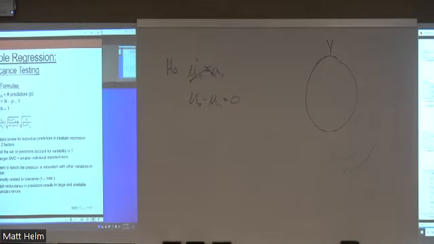Now the standard errors for your individual predictors in your multiple regression are based on a couple of things. 1, how well does your set of predictors account for variability in your Y, right? If I have a large R squared, what does that tell me about error in my model? It's small, right? Because my standard error is dependent on how much variability I have in that residual, if this is a small value, then my standard error is going to be small, right? So how well your model is predicting your outcome is going to impact the power of your test.